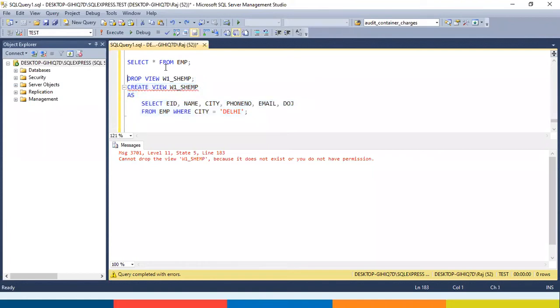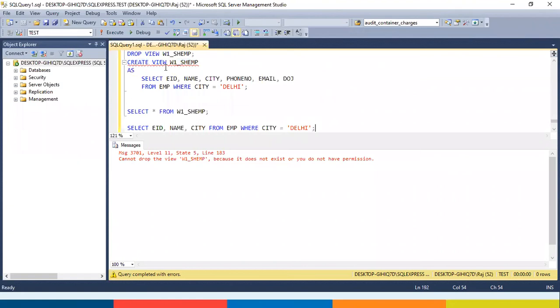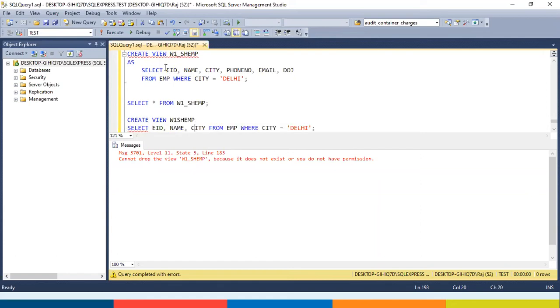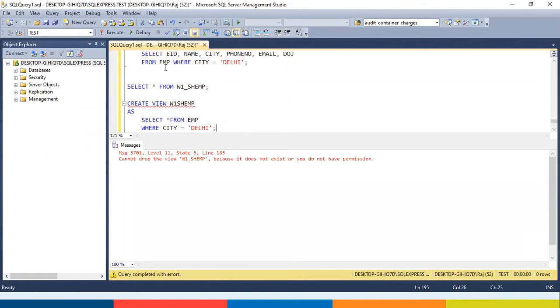Let me create another view for you. Create view, view name as select star from EMP where city is equal to Delhi.